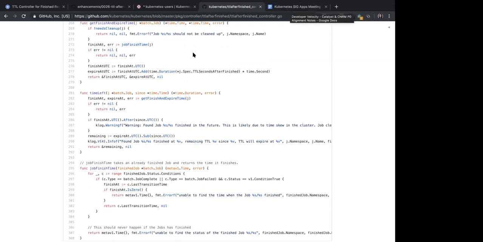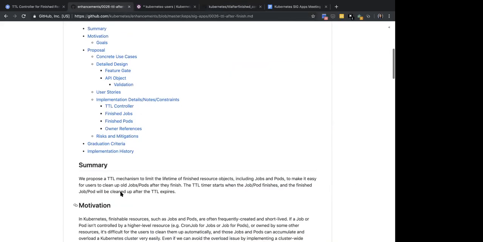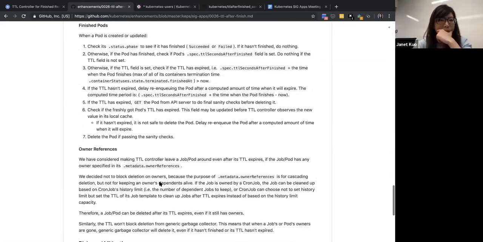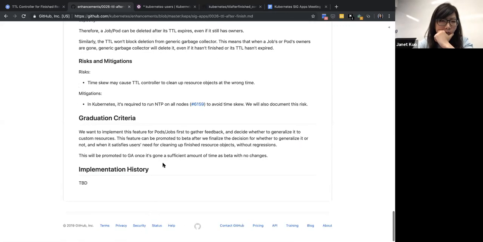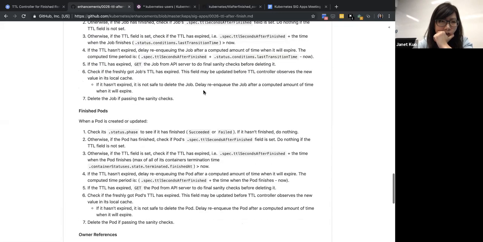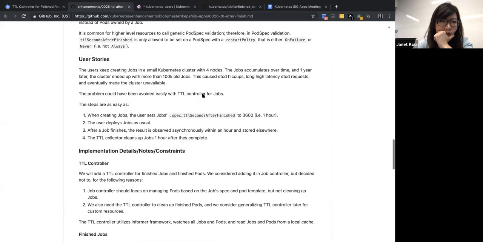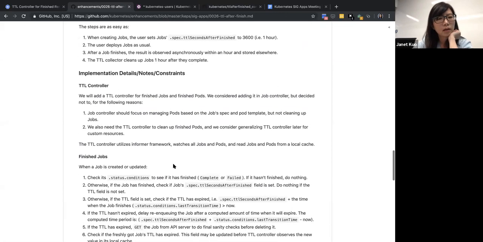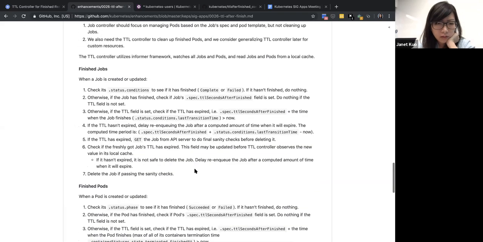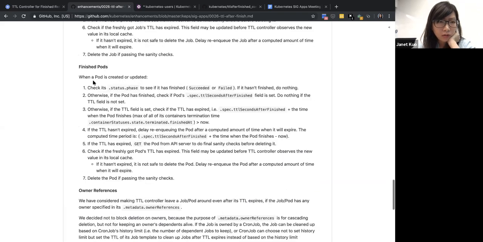Janet, is there a list of issues that need to be resolved before this goes to beta? Yeah, I put a bunch of things here. I think I put how to implement finished pods here as well.